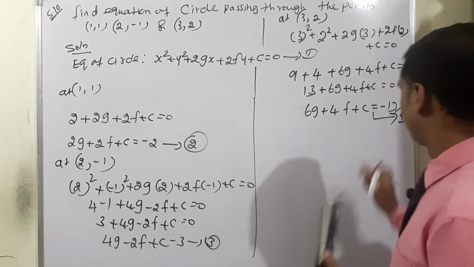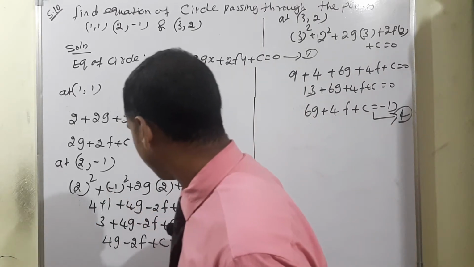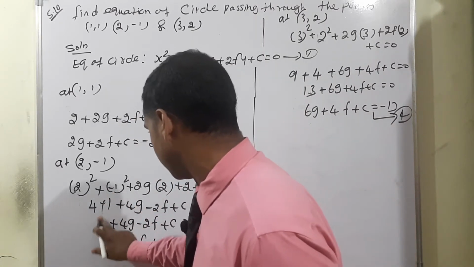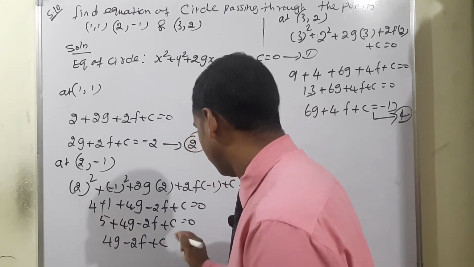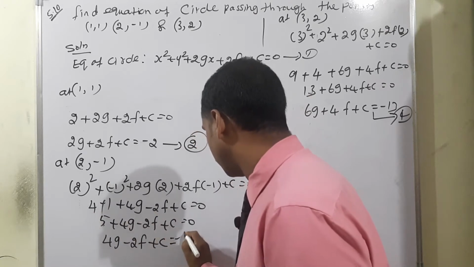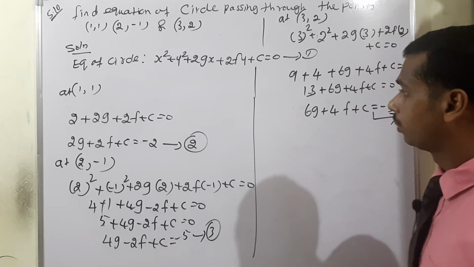So now, equation minus 1 the whole square means a positive one, no? So 4 plus 1 is equal to 5. So 5 means here also what will happen? It is equal to plus 5, bringing it to the opposite side means minus 5. This is considered for equation number 3. Now what we have to do?